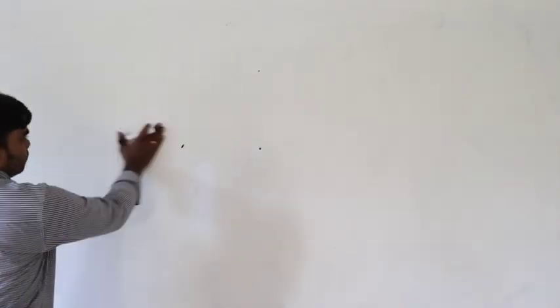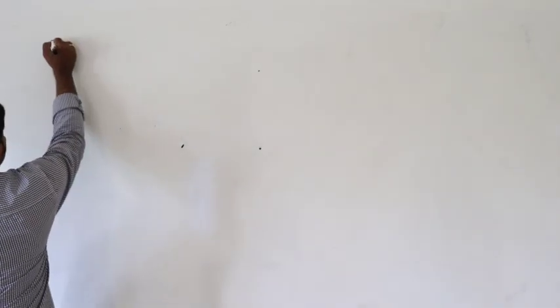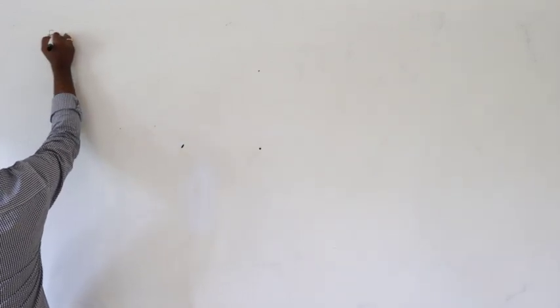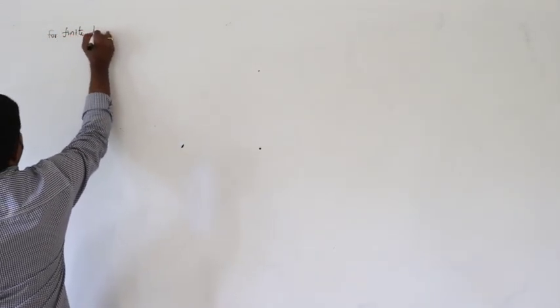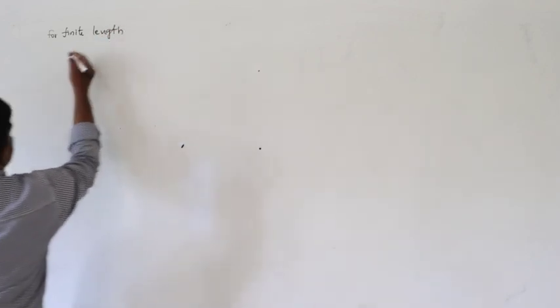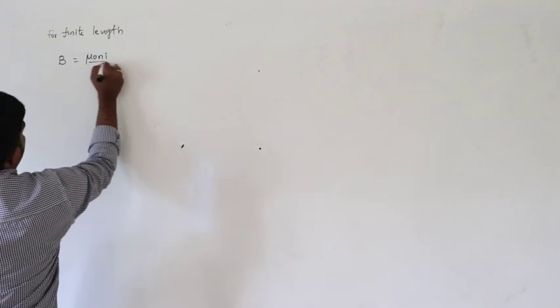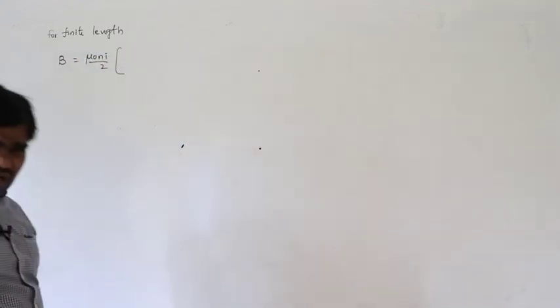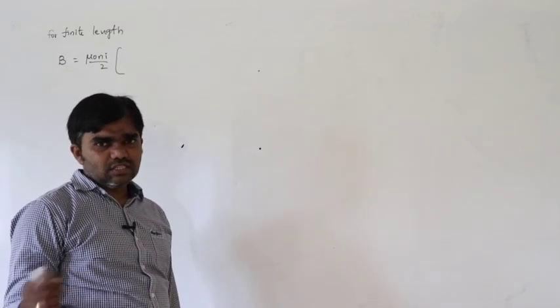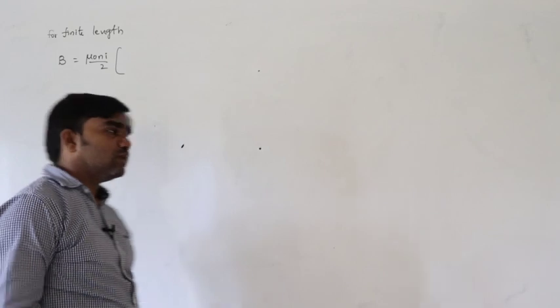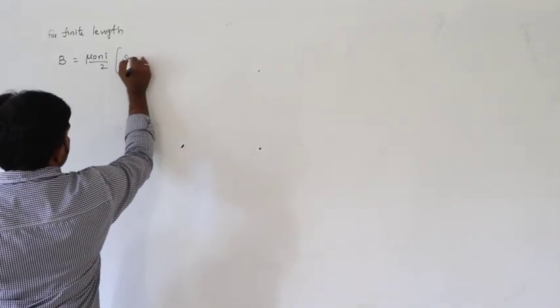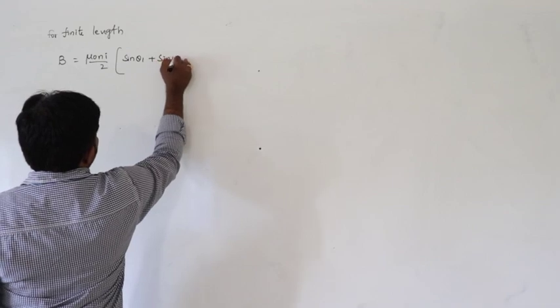So now we calculated the magnetic field due to the solenoid of finite length. So for infinite length, how can you calculate the magnetic field? So for finite length, the magnetic field B is equal to mu naught Ni by 2. So we can consider sin theta or cos theta. If we consider cos theta 2 minus cos theta 1, or if we consider sin thetas, we can write sin theta 1 plus sin theta 2.